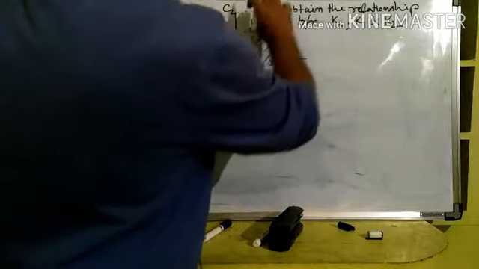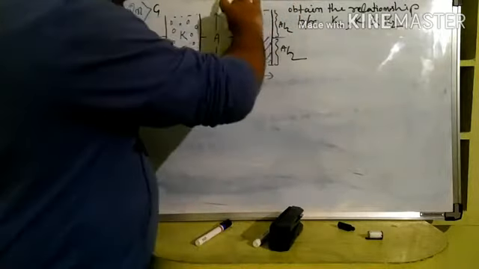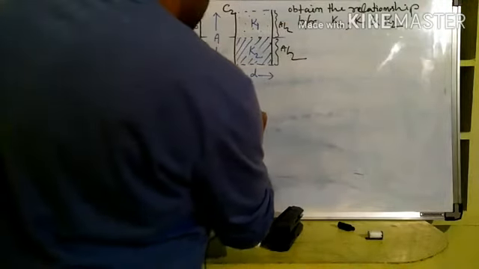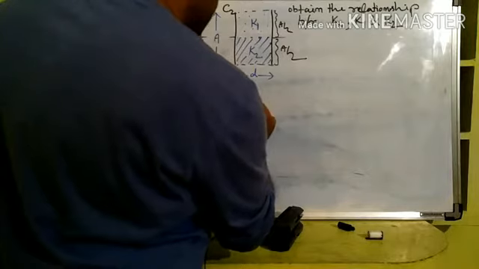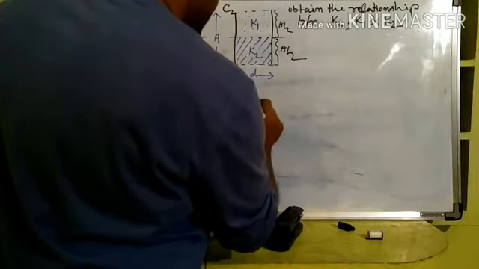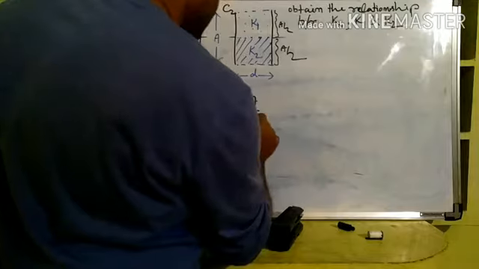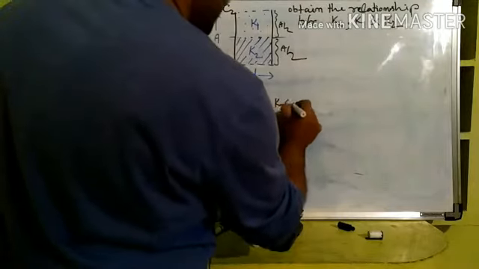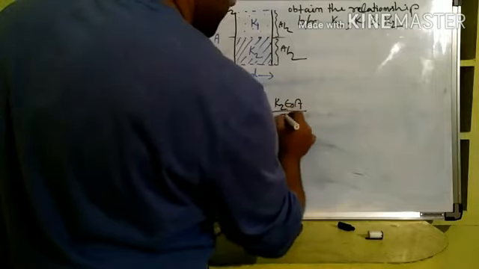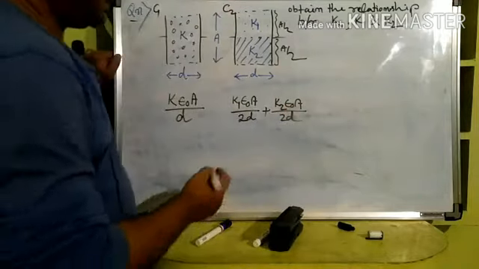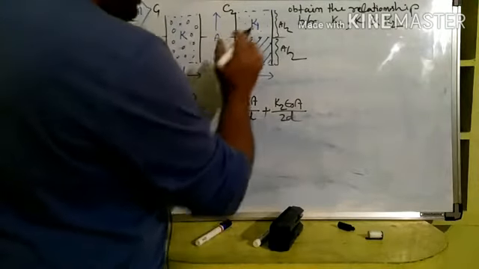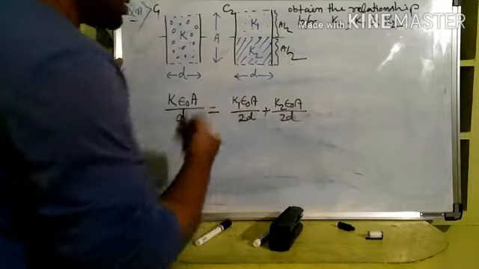So first we put the capacitance of the upper half plus the capacitance of the lower half, because in a parallel combination it is a simple algebraic sum. So you write K1 epsilon naught A by 2D, plus K2 epsilon naught A by 2D. Now this entire combination remains the same as this. The capacitance is still the same, this is given in the question. So this much is equal to this much.